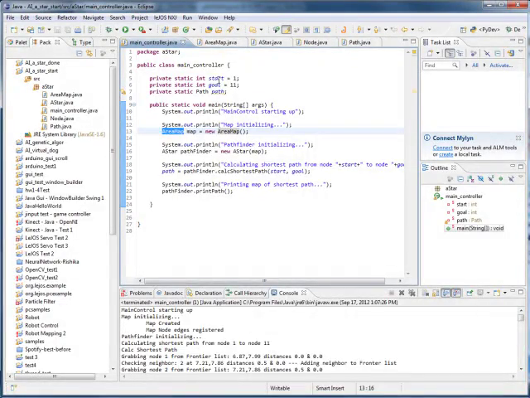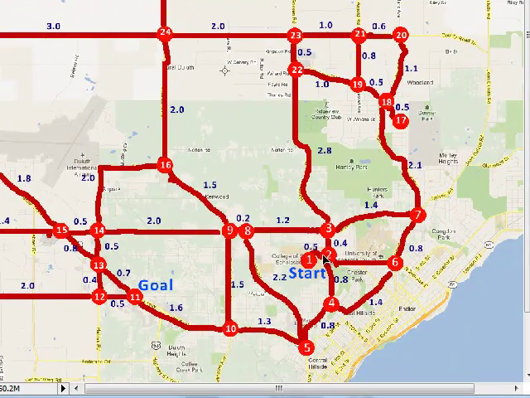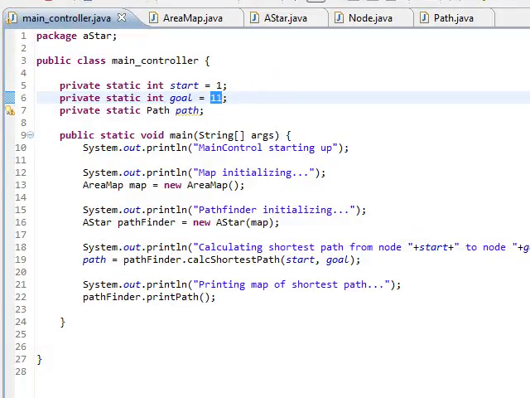And then in the main controller, we also define a starting node and an ending node. Here we're going from 1 to 11. So if we look at our map, 1 is at St. Scholastica, and I've just labeled that start. And 11 is over here by our mall, and that's our goal, to get from St. Scholastica to the mall. If you bring in this project and you're on the main controller and you run it,